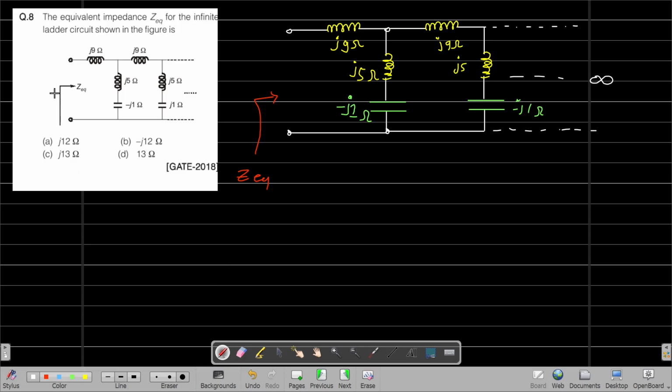In this question, we have to find Z equivalent, and this circuit is an infinite ladder. If you look closer into the circuit, then this particular network is repeating again and again for infinite time. So, if we cut this circuit from here, and if we try to find equivalent impedance from this side,